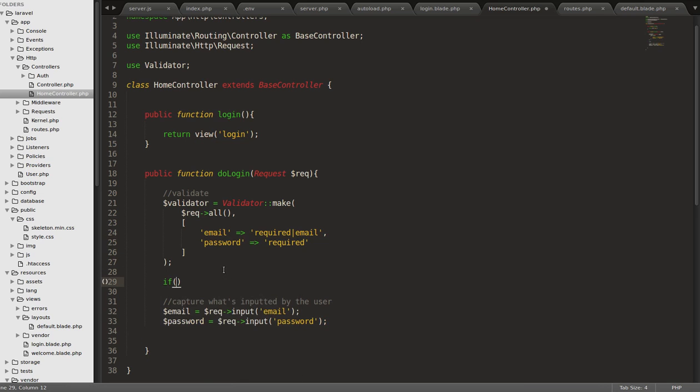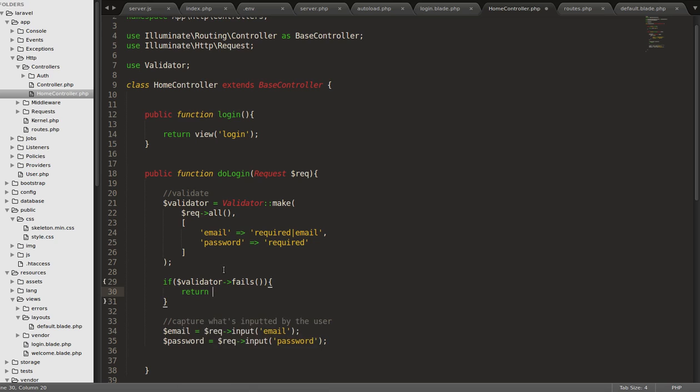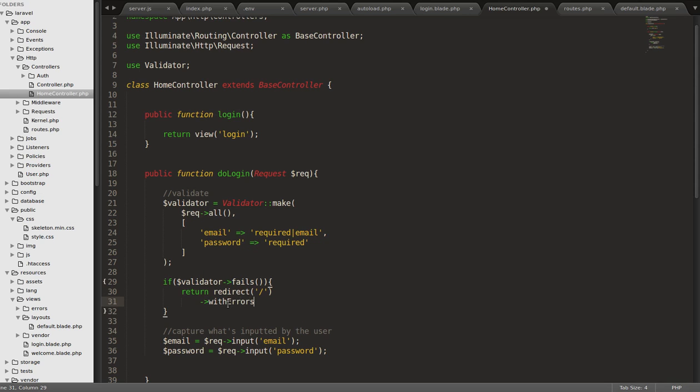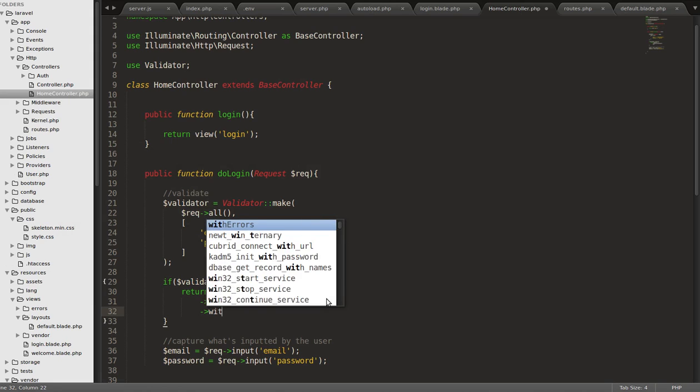Now we need to check if the validator has failed. If validator fails, we need to return to the home page and then pass the errors. So with errors, and then which errors we need to pass is the validator errors. So just pass in validator, and then we also need to pass in the old user input. So with input,